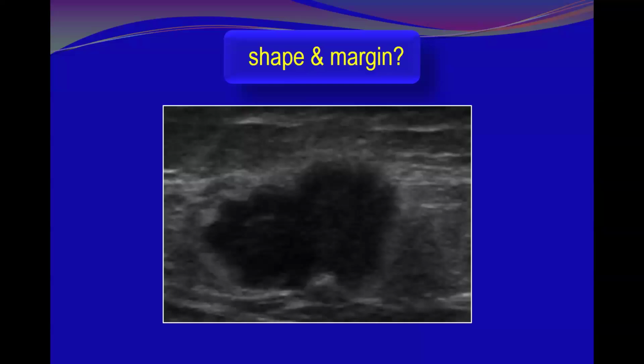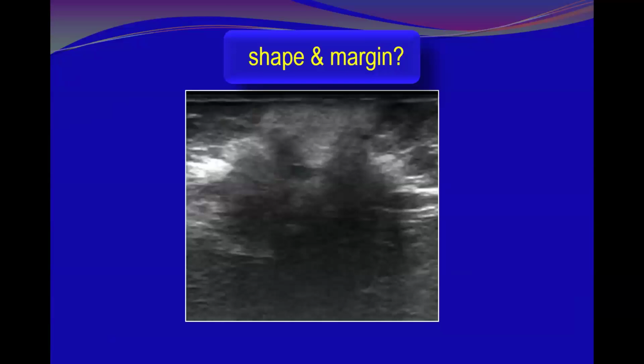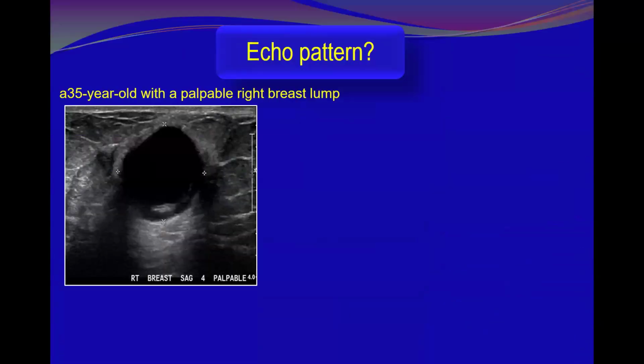Okay. Shape and margin. Irregular shape. Irregular, non-circumscribed. Which non-circumscribed? Predominantly microlobulated with indistinct, combined. Indistinct margin, yeah. Combined, but as you mentioned, predominantly microlobulated. Okay, shape and margins. Irregular shape. Margin, yes, spiculated. Predominantly, yes, spiculated. Excellent.